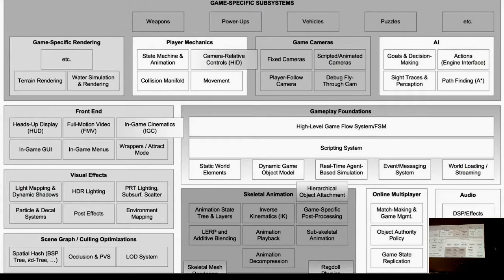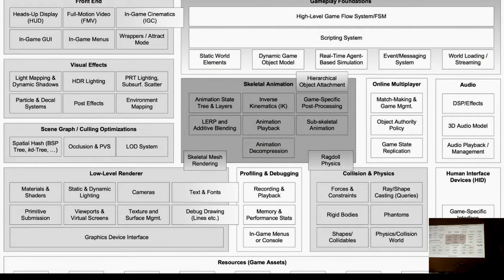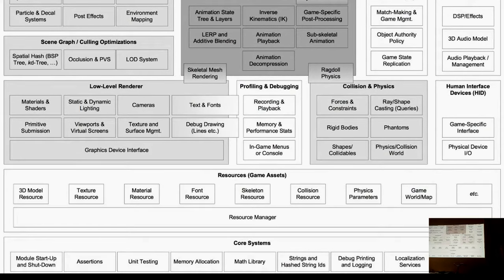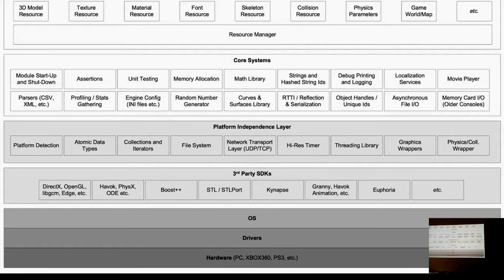usually when somebody says game engine, they for some reason think of this. I don't expect you can read this at this point, which is lots of stuff. You have some game specific stuff. You have cameras, displays, particle effects, animations, networking, and then you have more stuff and even more stuff. We're not going to implement all of this today,